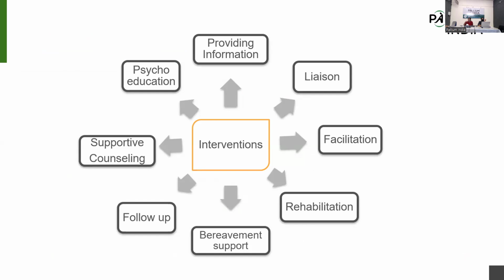Psychoeducation for the family as well as the patient. We might need to have a long conversation with him about his prognosis, the diagnosis, what can be done, what cannot be done. All those factors will be involved. Providing proper information, yes, and what other support groups can be found, facilitation for other consultation or anything. If at all rehabilitation is possible, what can be done?